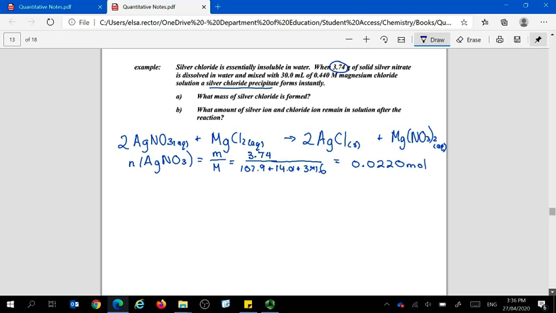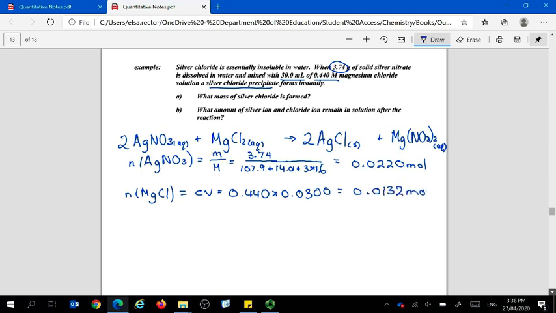Okay, now let's look at the other reactant. How many moles of that have I put in? So for the other reactant, magnesium chloride, they've given us the volume and the concentration. So I'm going to work that one out using n equals CV. So we've got 0.440 times 0.03, because of course we have to convert from milliliters to litres. And that gives me an answer of